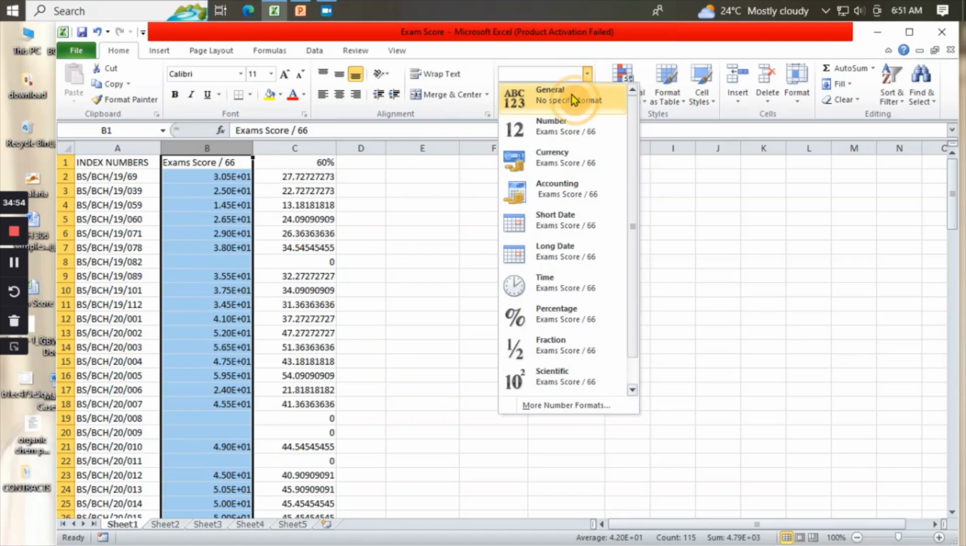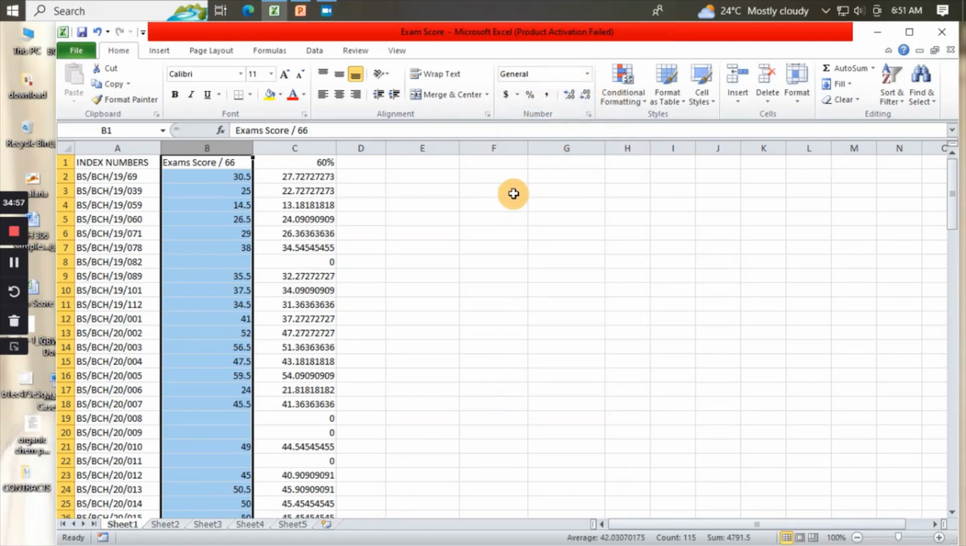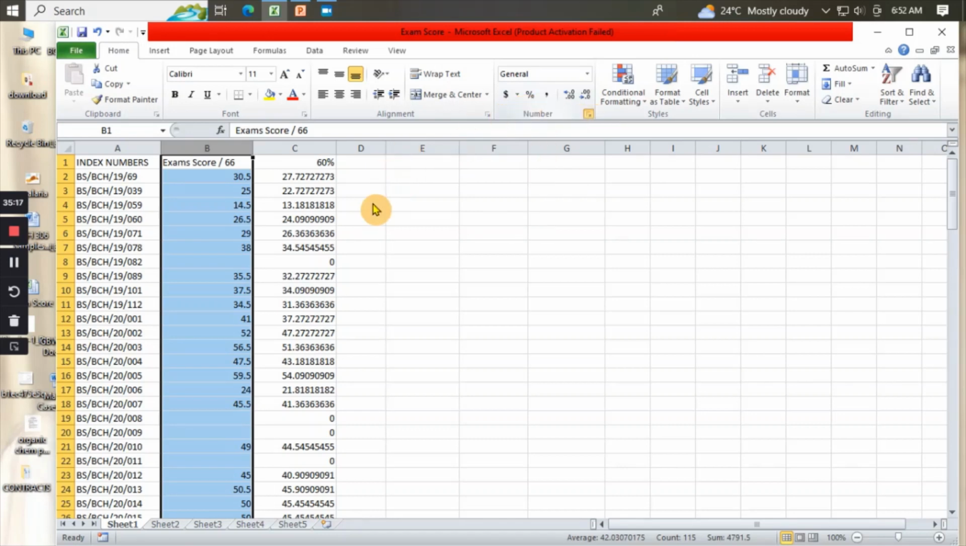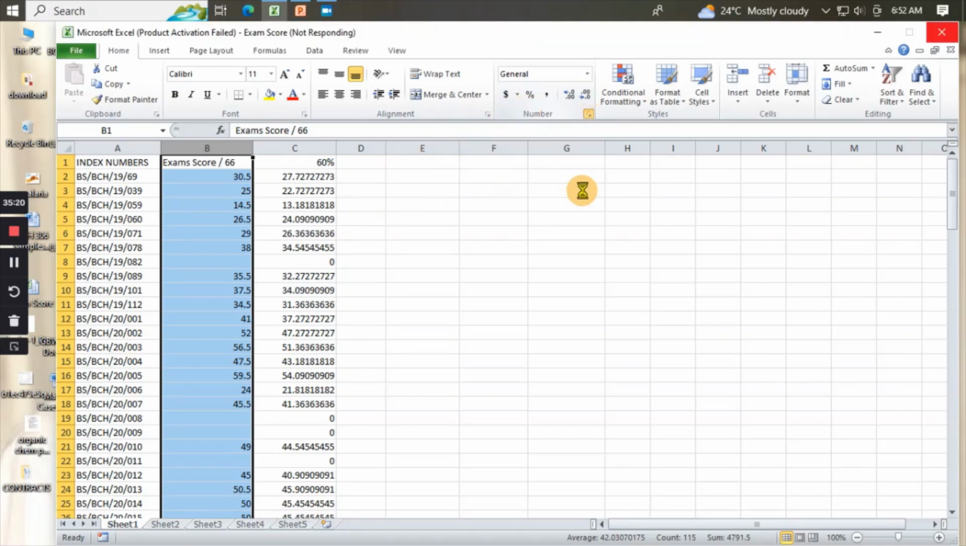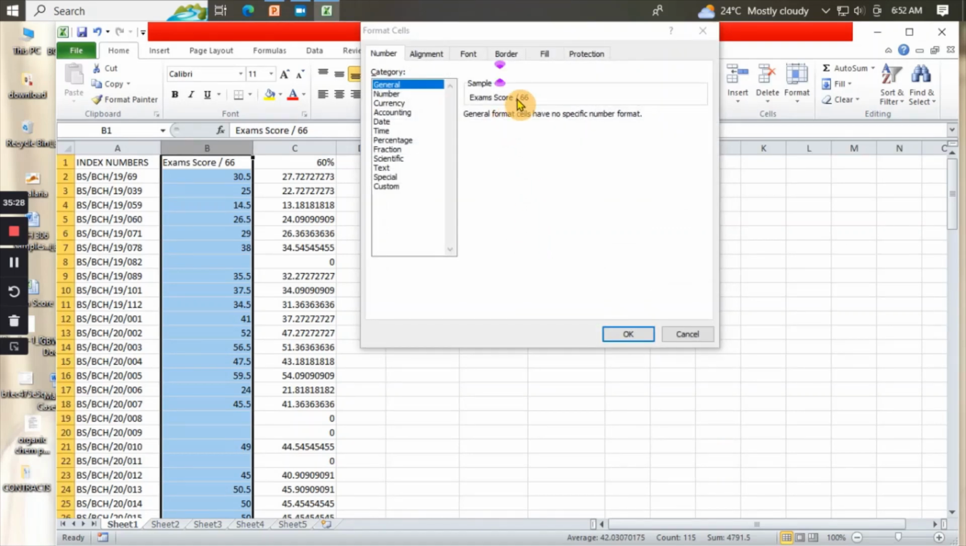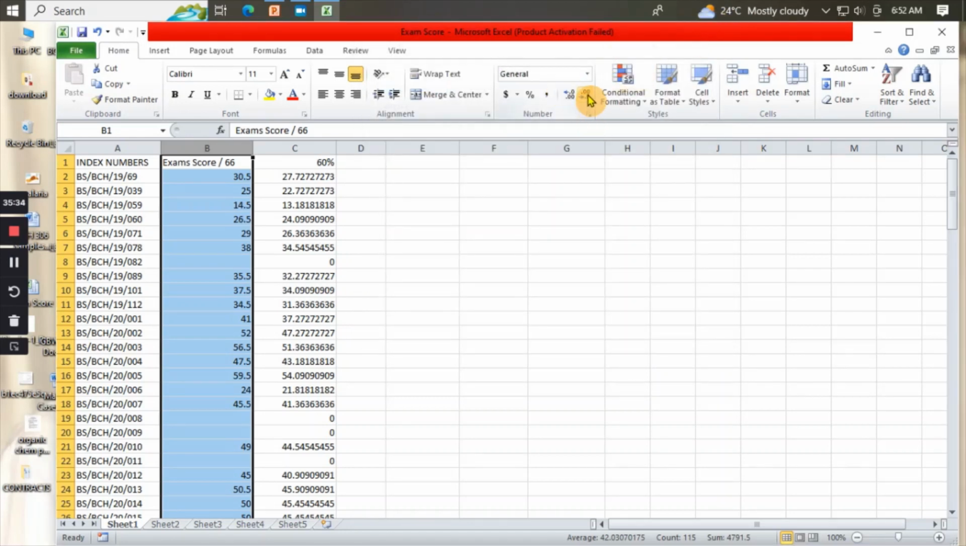So let's go to the general. So that's how we are going to operate. Interestingly, you can also use these ones to deduce the number of decimal places you want your selected numbers to be. So if I come to this small arrow, if I click on this small arrow, it is going to give me an operation where I can adjust the number of decimal places that I want my figures to be. So if I come here,